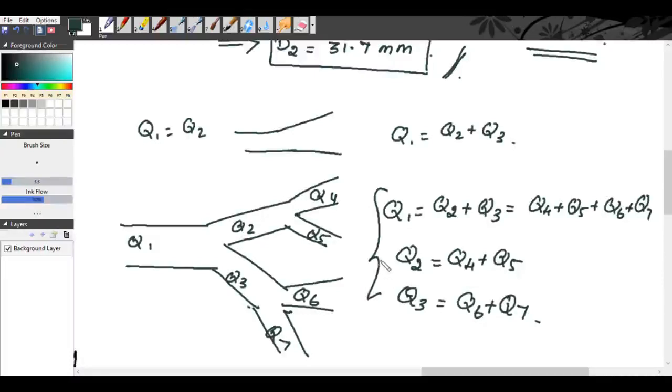Okay, so we have studied this concept. Now the rate of flow of water, the unit will be meter cube per second, and if it is a mass rate of flow, it will be kilogram per second. Now the formula for mass rate of flow will be rho A V.